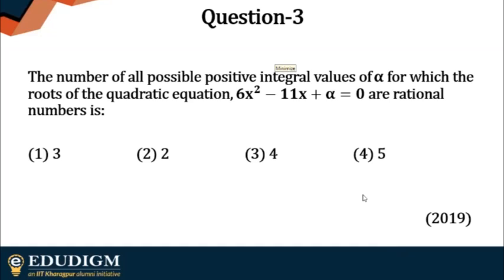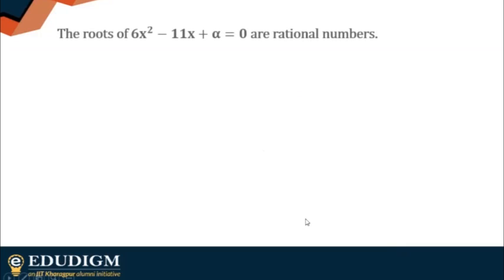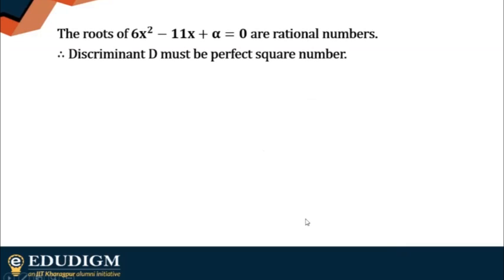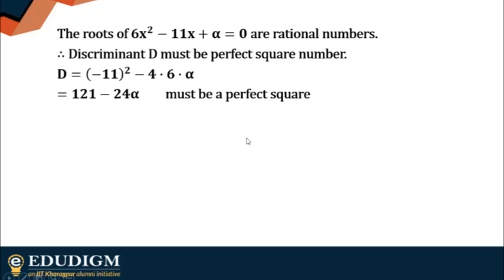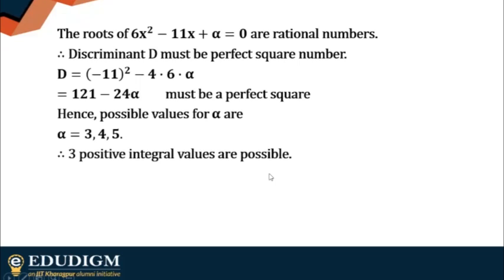Labashmita says it's 4. All right. Okay, it's very simple. Now, this is very important. Probably you missed out on 5 or something. Just check. The discriminant must be a perfect square. As you know, if it's a perfect square, it will come out of the root, making it a rational number. So this is how the discriminant looks. You can just check with positive integral values of alpha and see that for 3, 4, and 5, you will get perfect square roots.